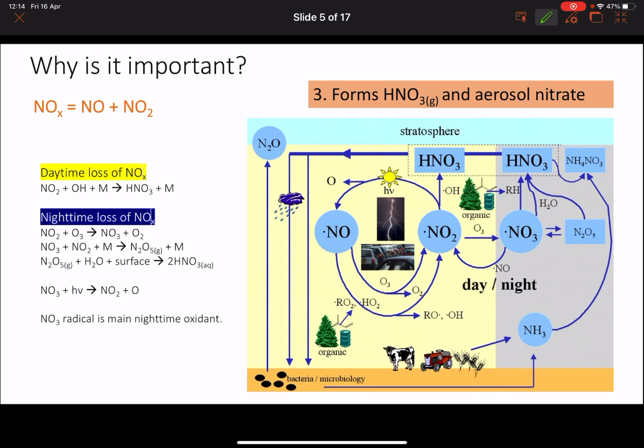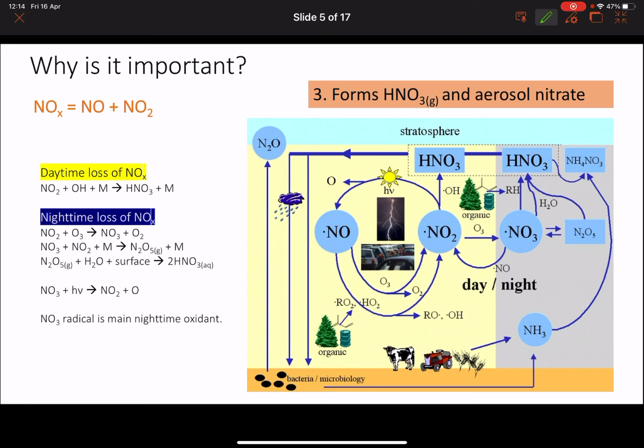The third thing is that when NOx is removed from the NOx cycle, or oxidized away, essentially the fate of NOx is that it just doesn't keep cycling. It is eventually converted to something else. That something else is nitric acid and aerosol nitrate. And so nitric acid and aerosol nitrate then play a really important role in the aerosol composition of the atmosphere,